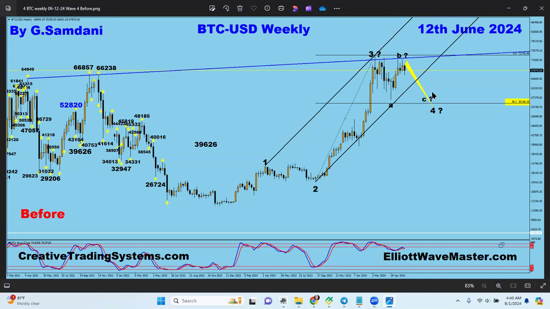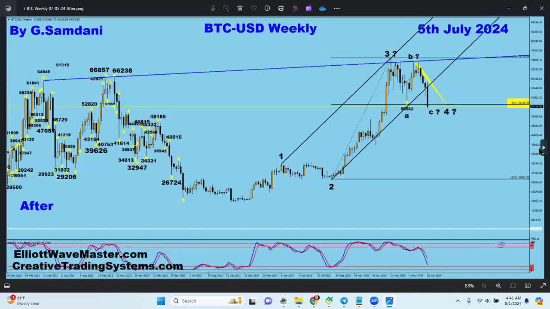So let's get started. I will take you back around the last month, not well before last month, June. This is a chart I made June 12th, and we were going to go down. We're supposed to go down to 38% of this rise to finish up wave four, wave C, of wave four. Right? So what happened to this chart? We start to drop and drop and drop, and exactly, we came down 38% and finished up wave four here.